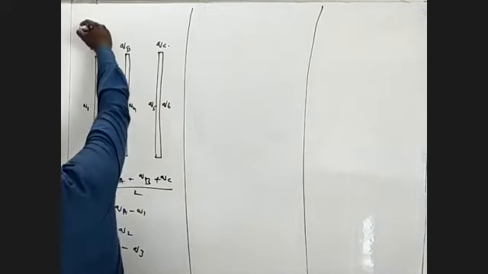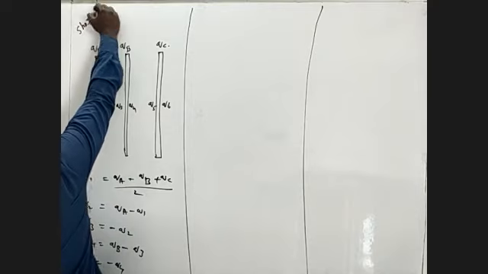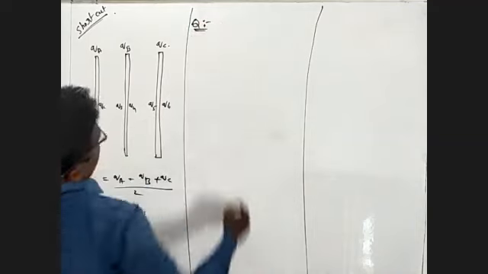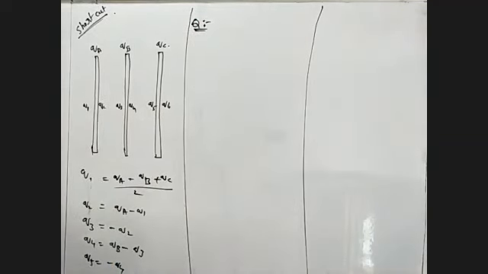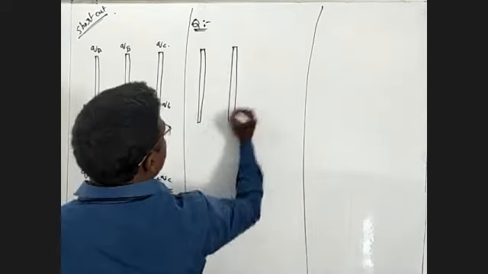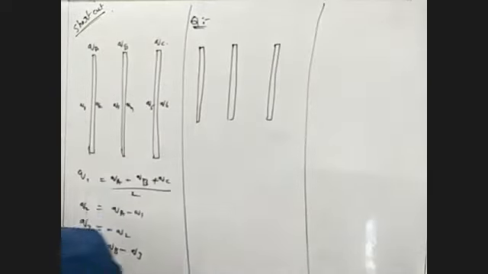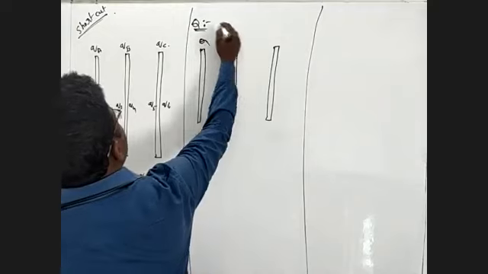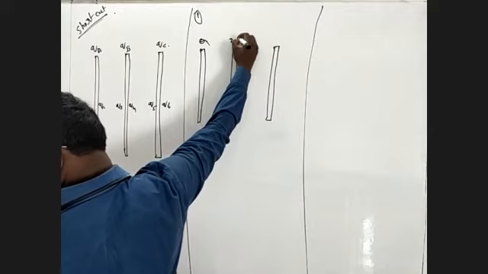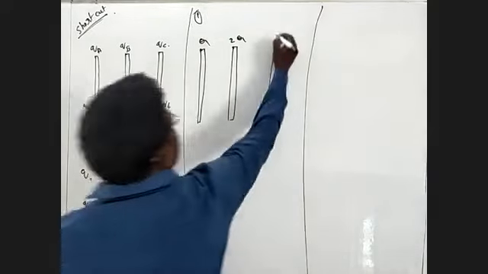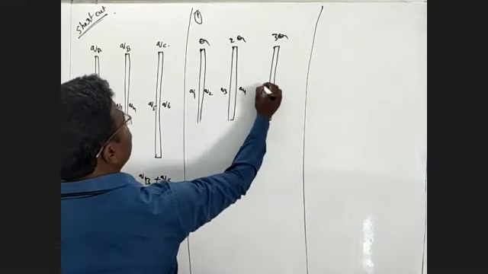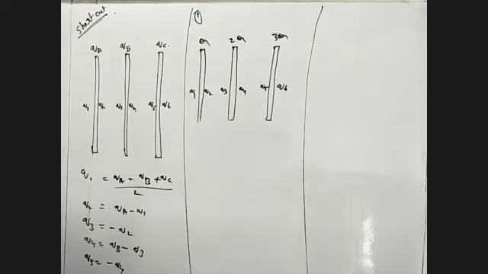Next, this is a shortcut and a question. The question is asking, suppose for example this is plate 1, plate 2, plate 3. This plate has charge Q. Question number 1. This plate has charges 2Q, 3Q. Now this is the Q1 value, Q2 value, Q3 value, Q4 value, Q5 value, Q6 value. We are finding these values.